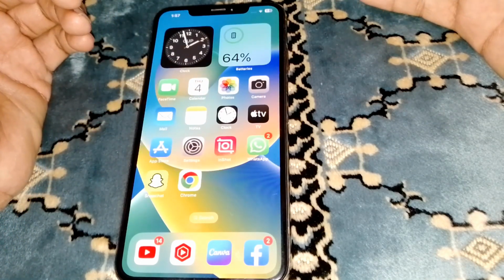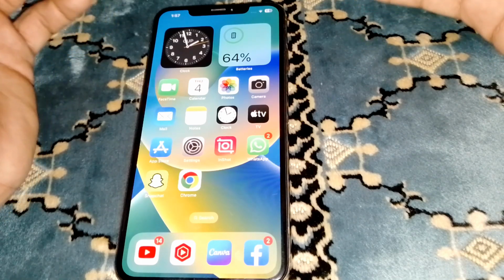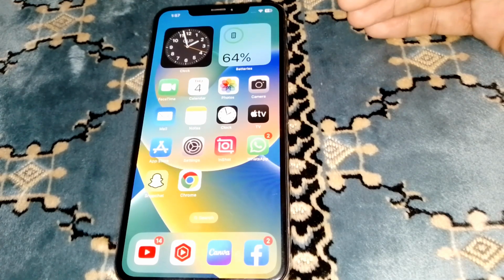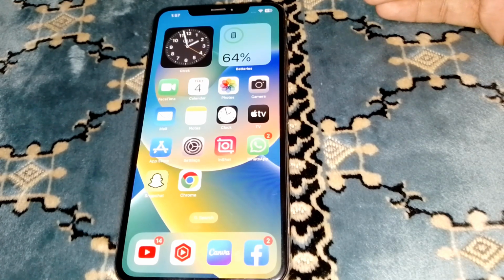So guys, in this video I'm gonna be showing you how to increase max volume on your iPhone. Let's start without wasting any time. If you want to increase the volume of your iPhone, then what you need to do, guys, is just